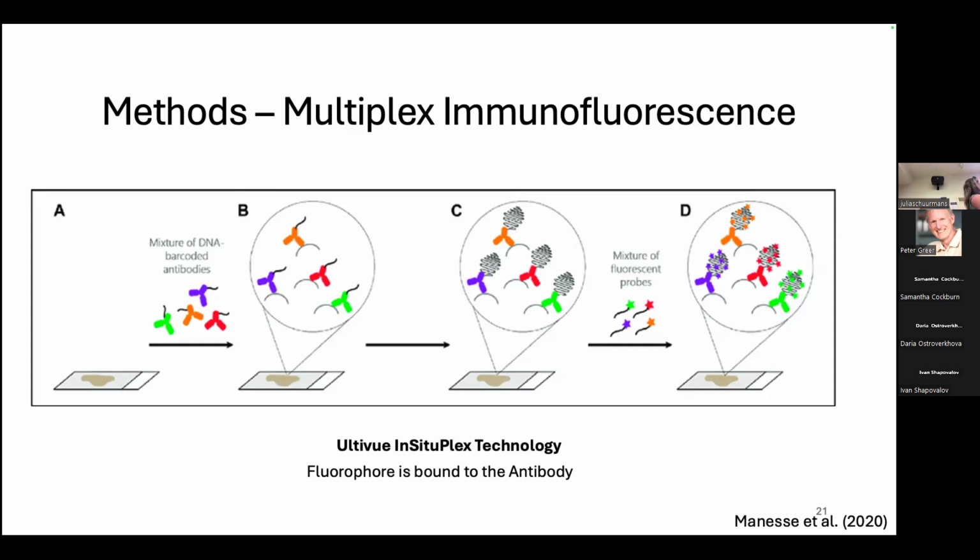And this is beneficial to us because we can go in and stain our tissues initially with this technology, and then wash off the primary antibodies and restain again with our optimized TSA Opal panels. This will then expand our 6 to 8 markers to about 10 to 12, giving us that much more information to work with.